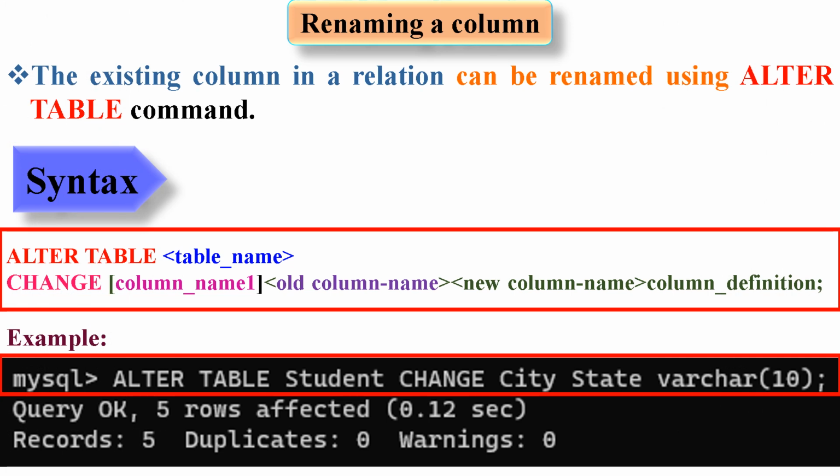Let's learn how to rename a column in a table. The existing column in a relation can be renamed using the alter table command. The syntax is alter table table_name change old_column_name new_column_name column_definition; For example, we type the statement alter table student change city, which is the old column name, state, which is the new column name, data type varchar(10);